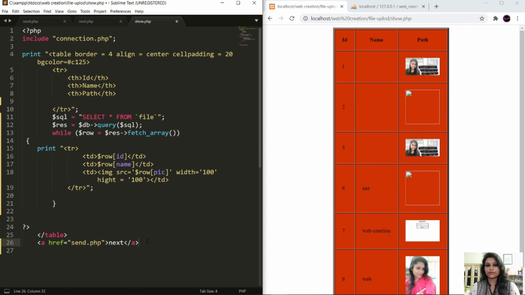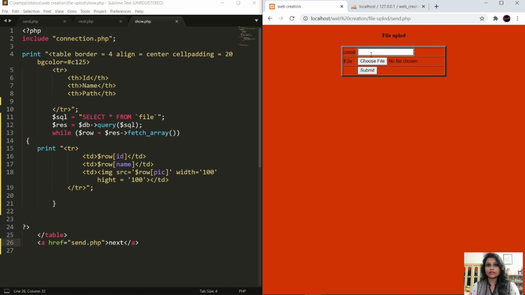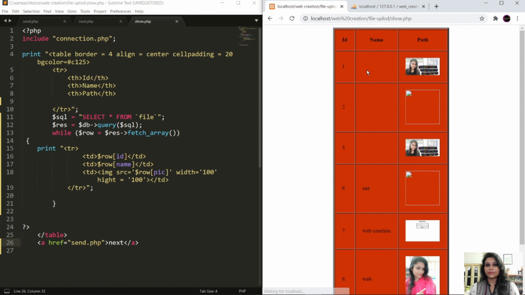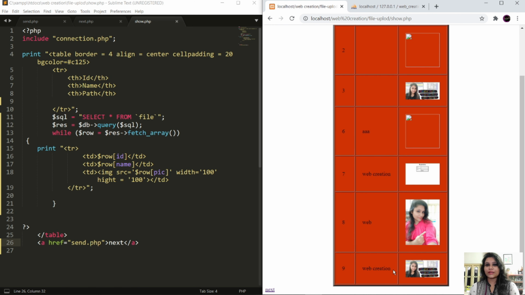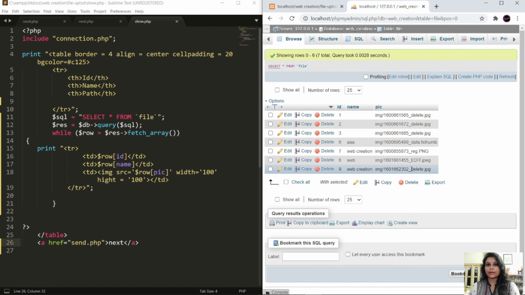Close. Check it. If the button is coming, next check the file here. I will select the file named Webcreation, choose file and submit. Wow, it's already uploaded. Now check the database, browse. You can see file uploading